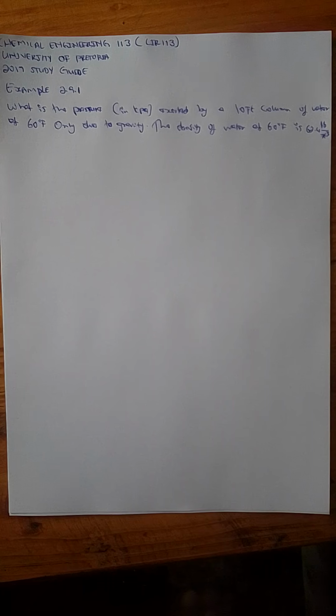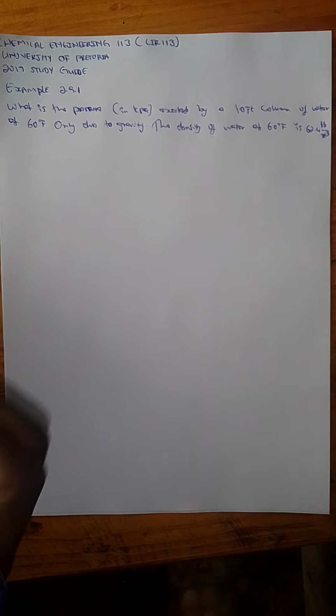We continue with the 2017 study guide of our CIR 113 module. Today we're looking at example 2.9.1, where we're looking at pressure. The question says, what is the pressure in kilopascals exerted by a 10-feet column of water at 60 degrees Fahrenheit only due to gravity? The density of water at 60 degrees Fahrenheit is 62.4 pounds per